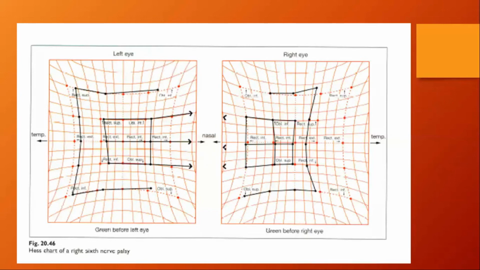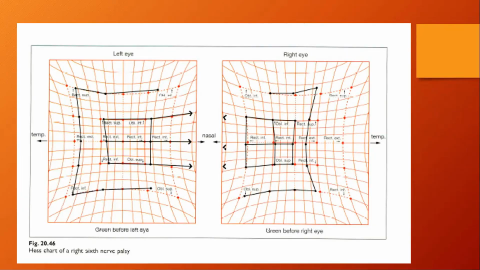But I understood what you said. The center point of fixation is moved to the left, right? In the right eye. Okay, so here it should be here. This is the central point of fixation, but this is the patient's response here. So it is shifted nasally. So this is an esotropia. You can judge the alignment from his chart. This is an esotropia because the central point of fixation is shifted nasally.